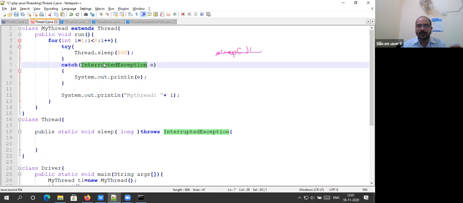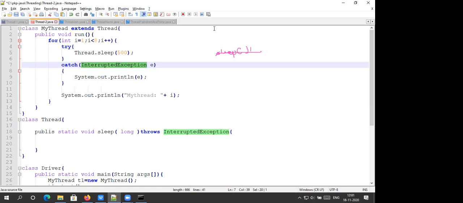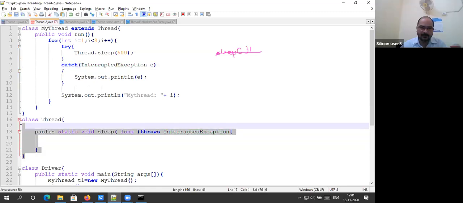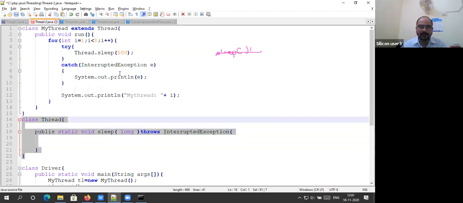Otherwise, you will get a compilation error. We discussed that in exception handling. Do you remember? Yes, sir. So sleep is a perfect method. Don't think that if it throws an exception, it has some problem.